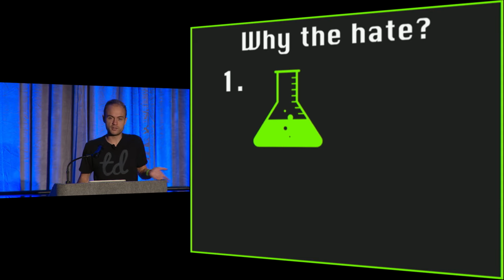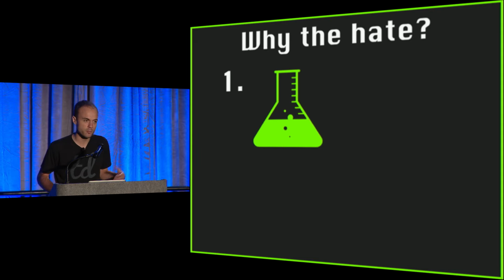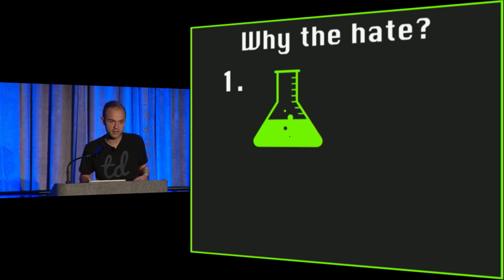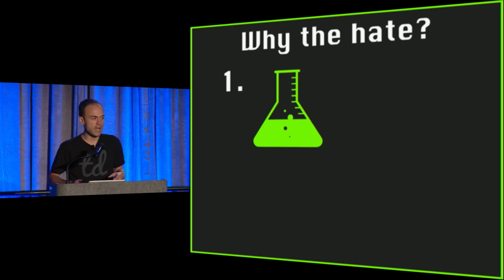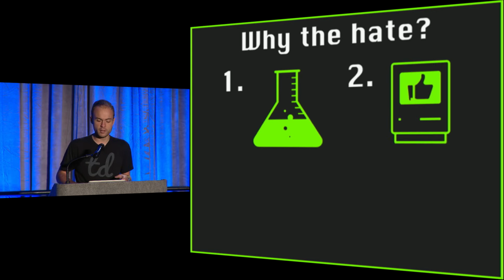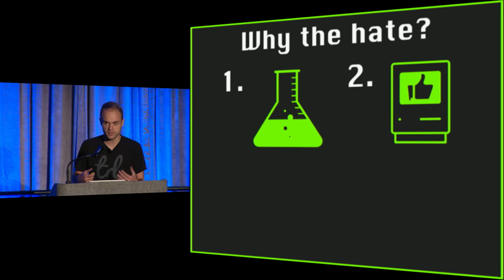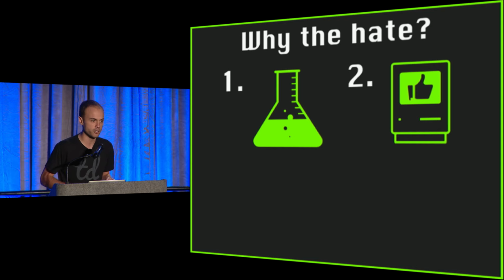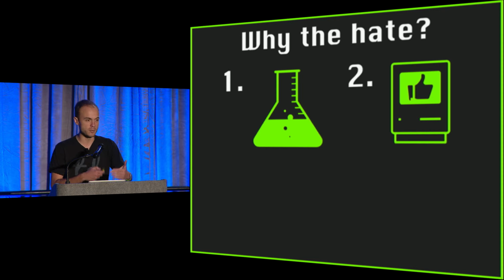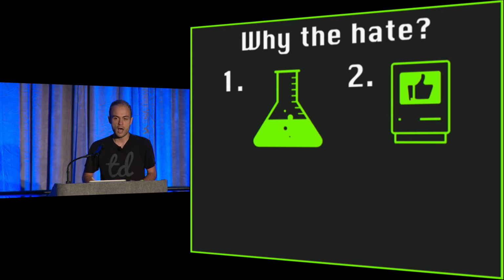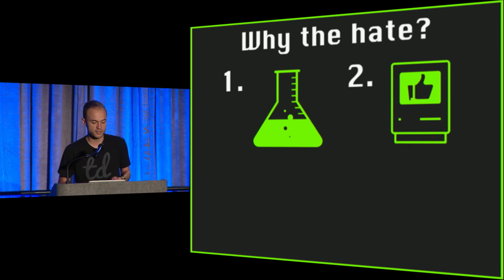So when I say hate, why do I say hate? Well, a lot of teams start off in this experimentation mode where they move really quickly, move fast and break things, and they're constantly pivoting. So having a bunch of tests would just slow them down, but eventually they get to a point where they have something successful and they want to make sure that each time they push their code, they don't break stuff. So it's helpful to have some tests. Those tests tend to be pretty realistic and integrated, but they serve a useful purpose.